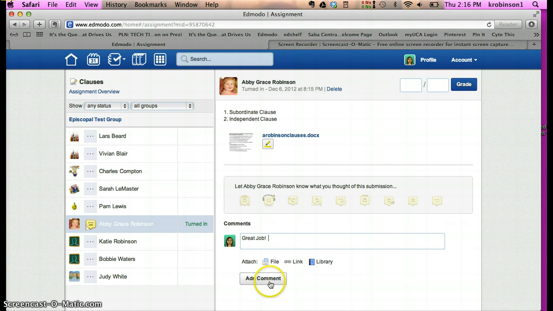And then I could just add that, give her a grade, 10 out of 10, click grade, and add that comment. Another way that I can grade Abby's assignment is with her attachment. So if I had my students turn in their document or their completed assignment as an attachment, I would then click on this Annotate button,